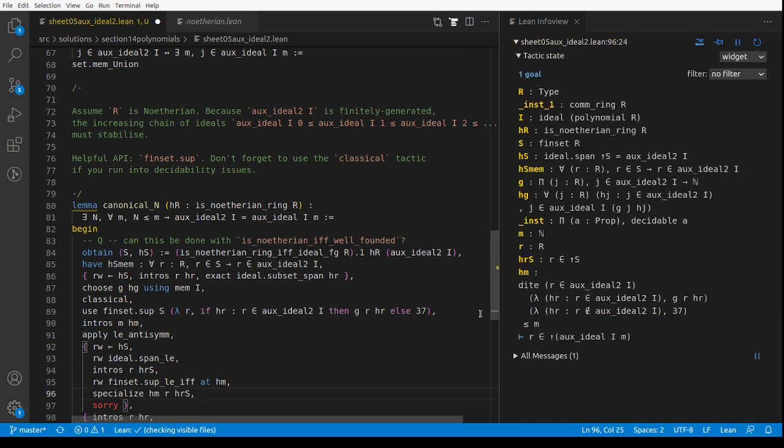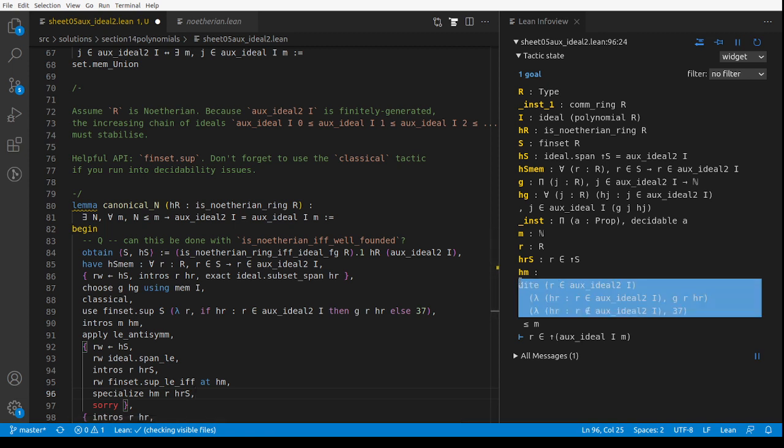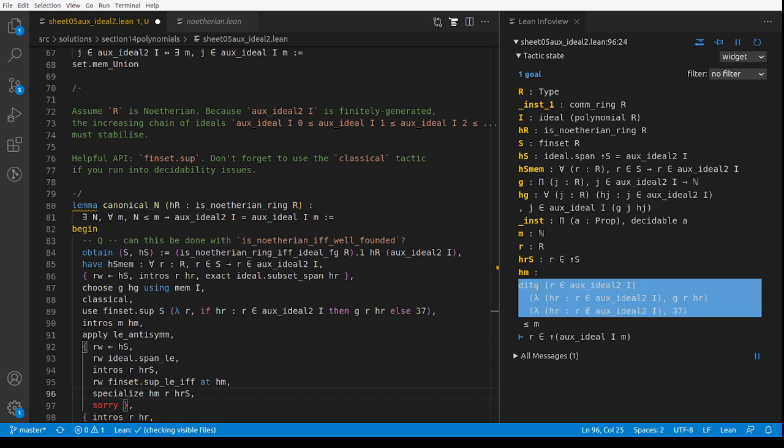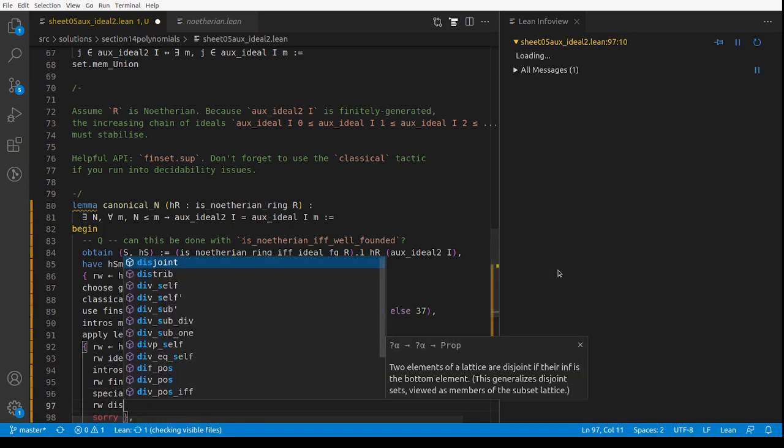And now this is a dependent if then else. So is R in this ideal or not? Well, R is in S, and you see HS_mem says if we're in, so it's true. So we can rewrite if_pos